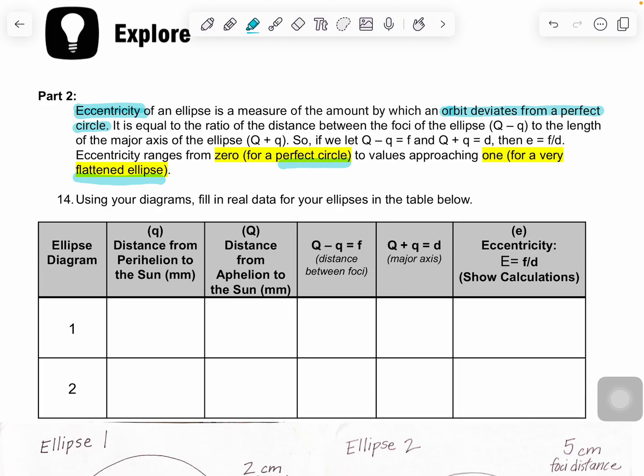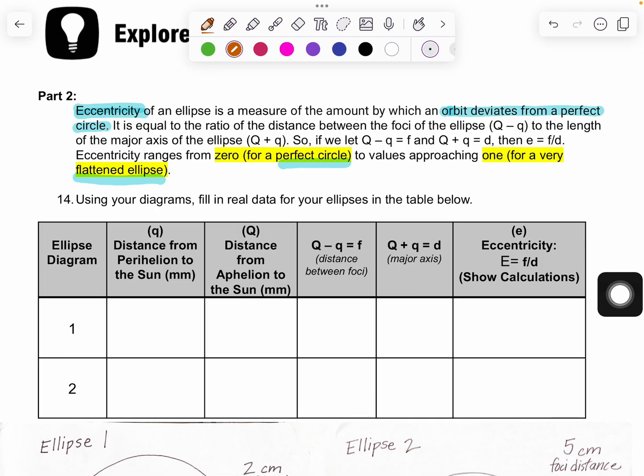And as you can see here, we are going to be doing some calculations today using those Q variables and just plugging into these 3 very simple formulas, okay? As you calculate these eccentricities, we're going to determine if it's a lower eccentricity, closer to 0, or a higher eccentricity,